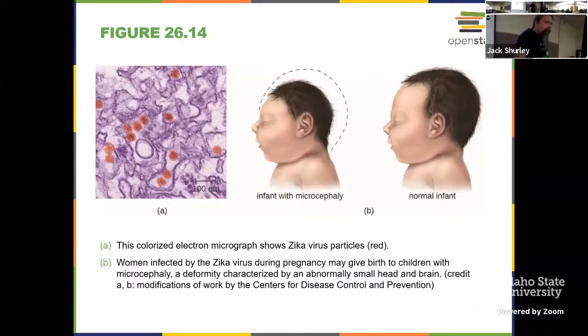This was probably maybe 6 or 7 years back. I can't remember exactly when we first started thinking about Zika, not too far back. And there was a microbiologist, virologist really, that came to campus and gave a seminar and was talking about some of this and some other viral culprits that cause all sorts of encephalitis. But Zika was some of her main stuff that she was talking about, and potentials